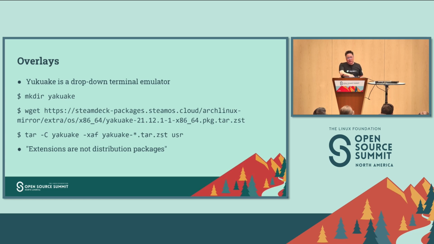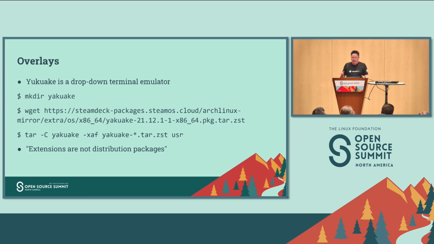So he downloaded this drop-down terminal emulator, and he downloaded the binary package, so not the source code. He's not building the source code. He's downloading pre-built binaries. And so then he extracts those binaries into a user directory, and so this is like a fake root. So you extract it into the user directory,